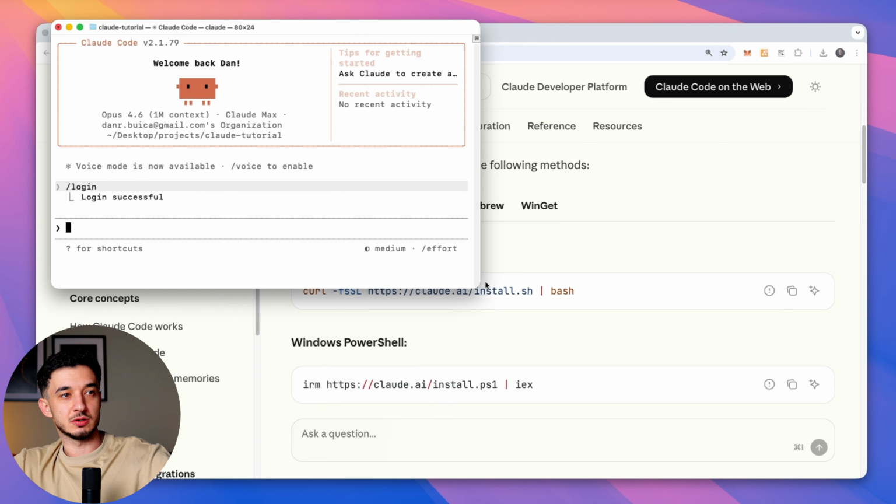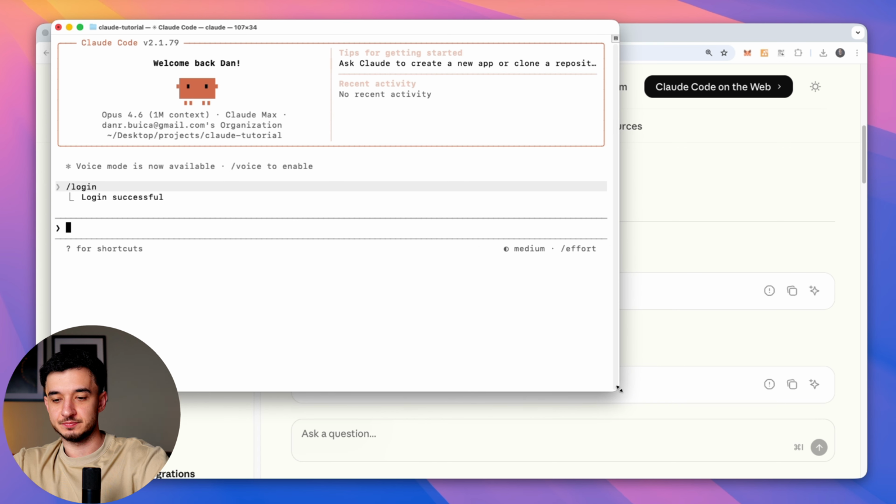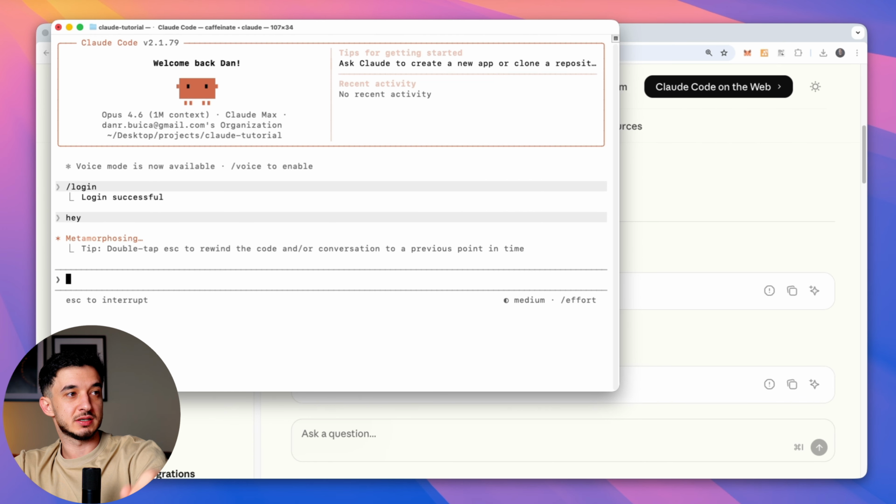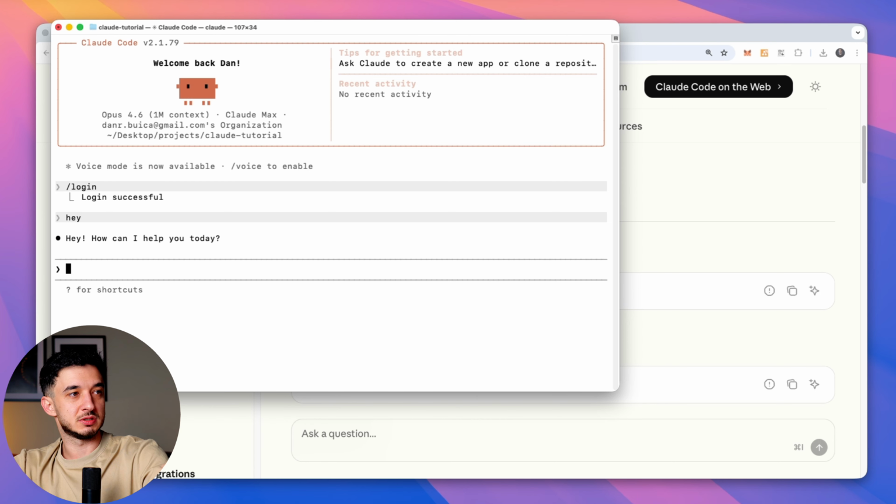Now we are inside Claude. We can actually use it. We can talk to it like we would talk to the one on the web. So for example, let me just tell it, hey, how can I help you today? Awesome. I know it looks a bit complex because it's in a terminal, but really it's not. It's just like a chat window. Now we'll be using the terminal throughout our tutorial for some things that are much easier to do here, but